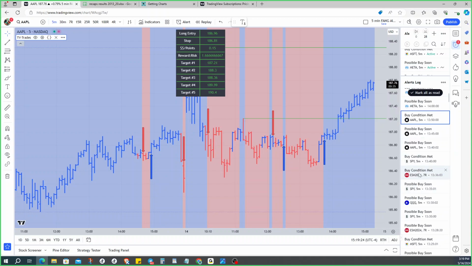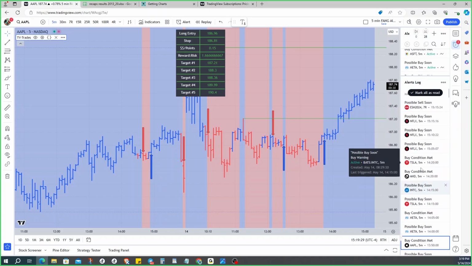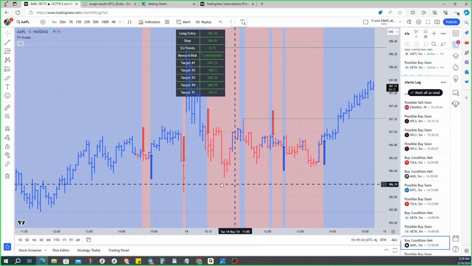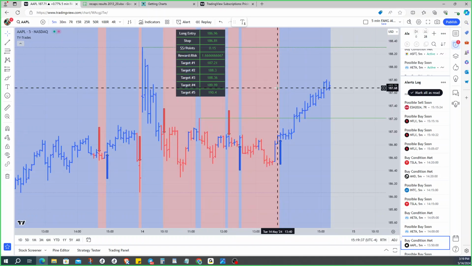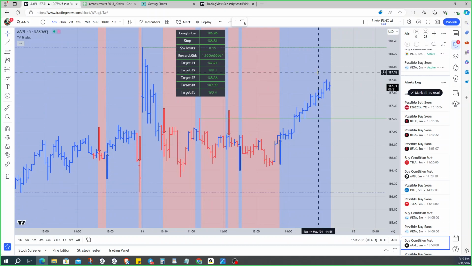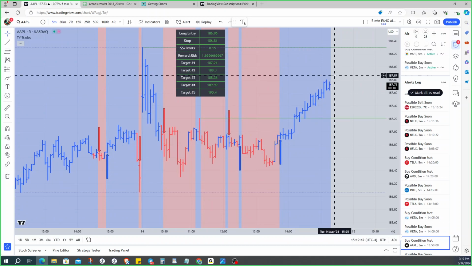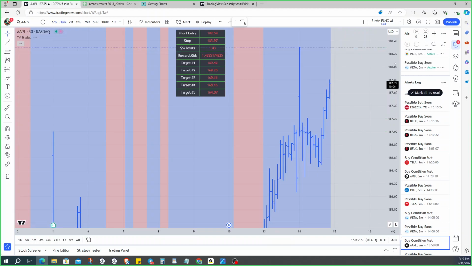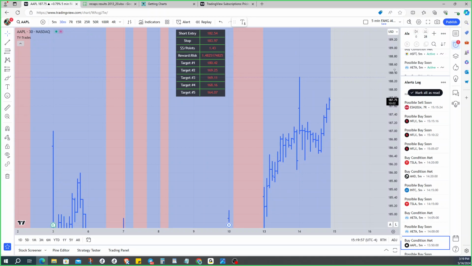But all these things, you just have to put it on. It's going to alert you when it's ready, when it happens. It's a really simple process, and you can put it on anything you want. If you want to look at larger time frames, you can put it on larger time frames. If you want to look at dailies and things like that, if you want to trade options, for instance, you look at something on a much larger time frame, like maybe a 30-minute chart. Okay, you look at the 30-minute chart, and when you get a buy or sell on it,